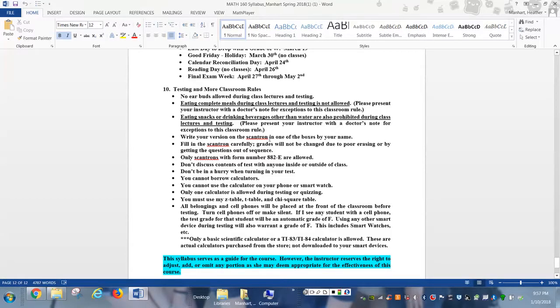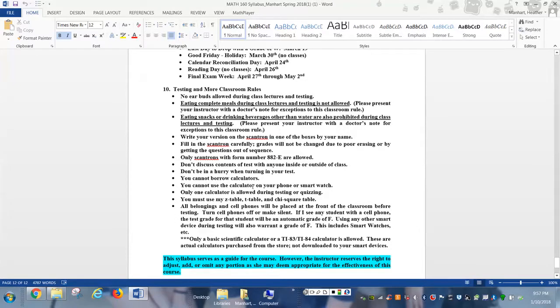So, again, I didn't mention tobacco products here. But no eating complete meals. It's distracting. You're not taking notes if you have out a knife and a fork or a huge foot-long sub in front of you. You may want to laugh at this point, but I've had all of this happen, hence the rules. And the more these things happen, you would think it would be common sense that you would not do that as a level of respect and professionalism. But the more these things happen, the more rules.